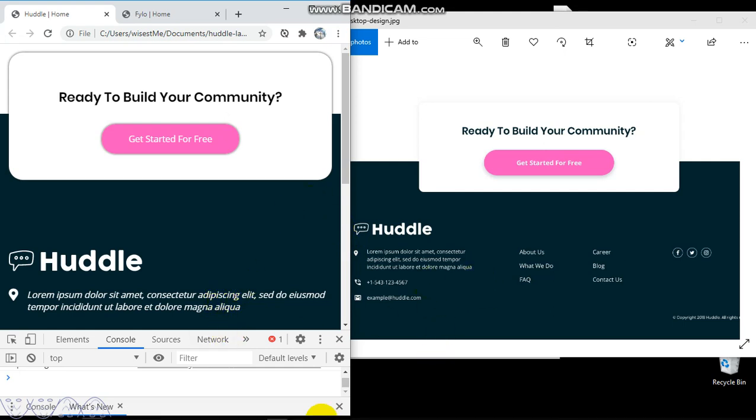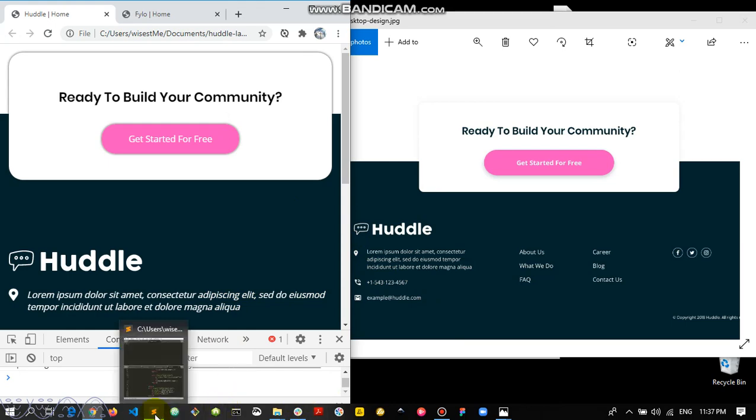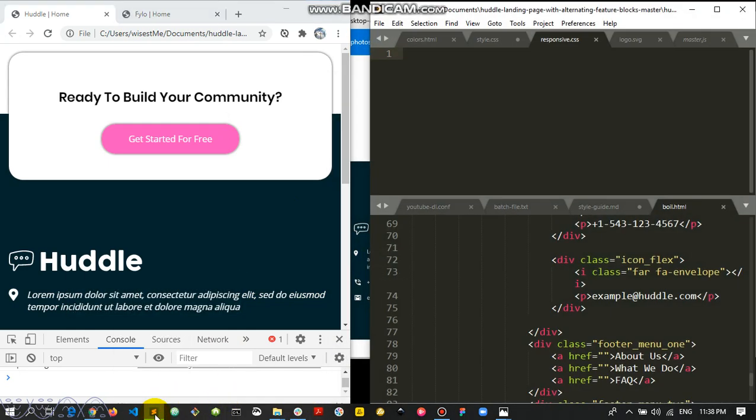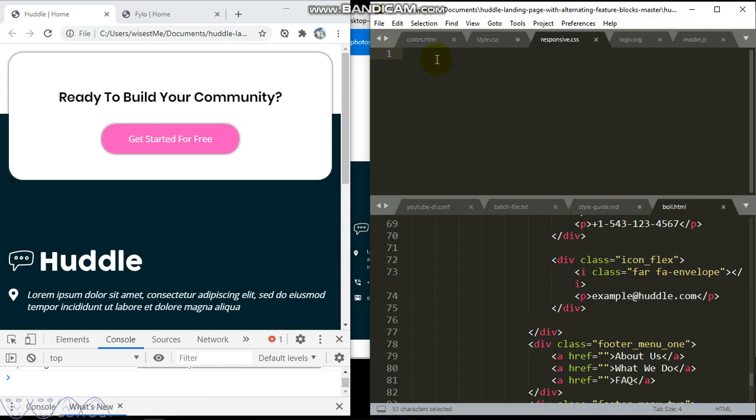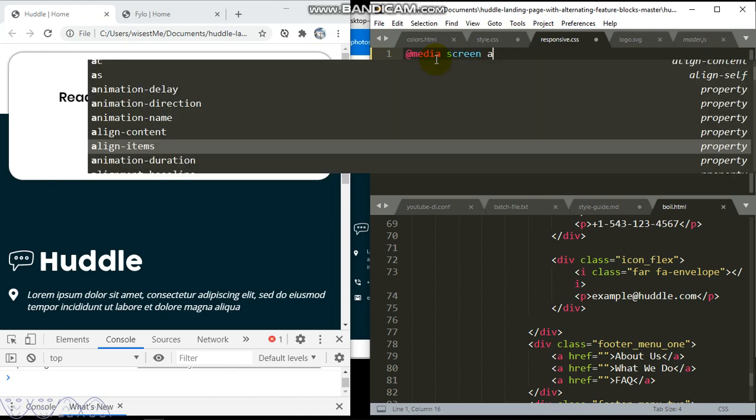How do we go about it? Now I'll go to my responsive.css and say @media screen, and